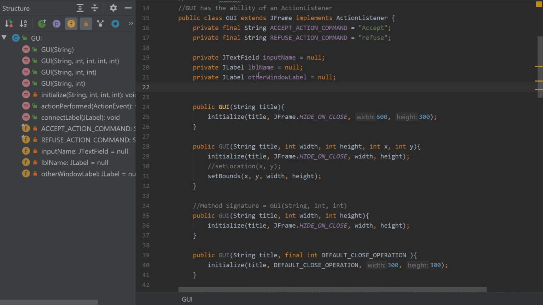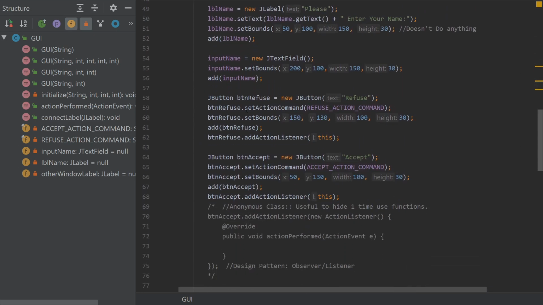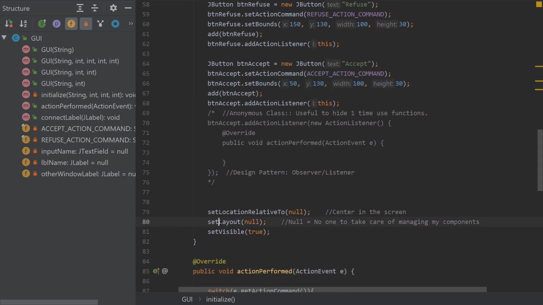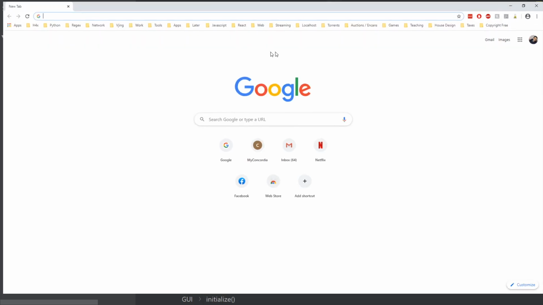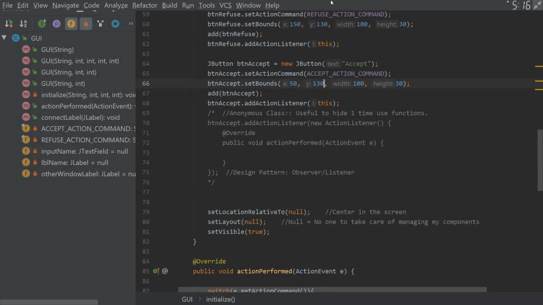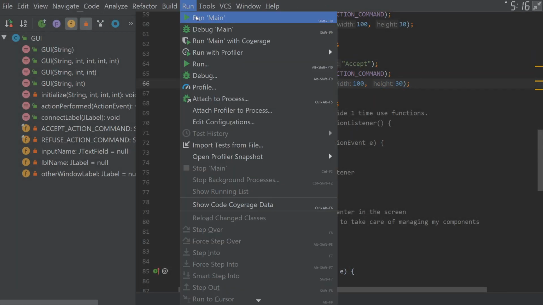Okay, last thing we want to do is, so far we've always been setting bounds and whatnot. We've always been setting our layouts, well, sorry, we've been setting the layout to null. So we have to always specify where things are, and this is a bad thing, because it's a lot of work for us. And actually, before I go and show you other layout managers,